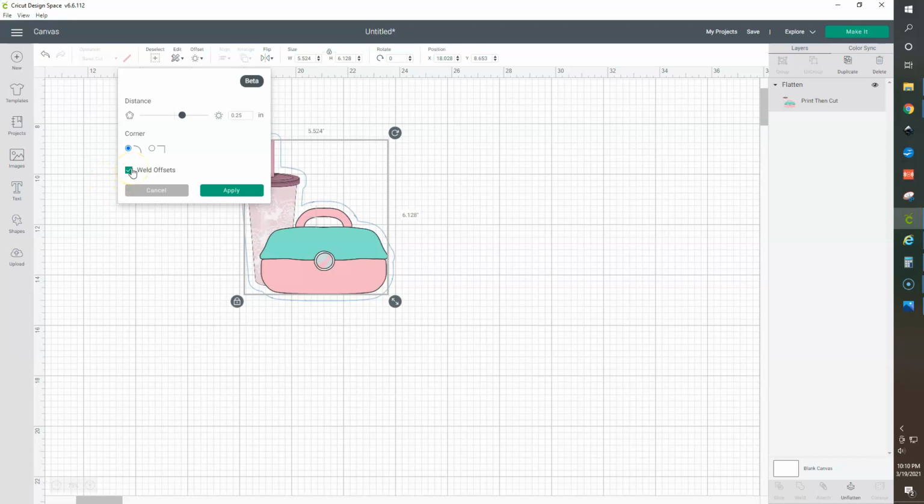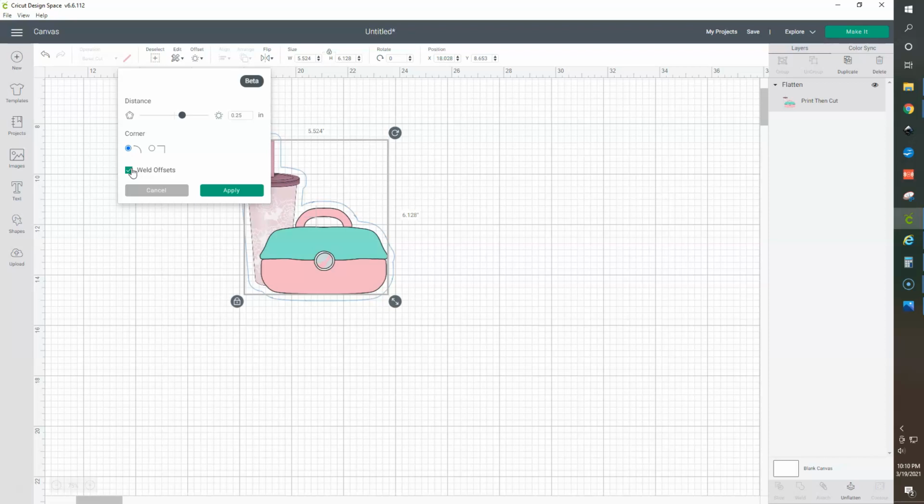Yes. So you wouldn't even need to make your little arrangement of elements together. Like, you wouldn't need Pixlr. I have a whole tutorial on how to use Pixlr to kind of make a die cut, and you would make it in there and then create the offset in there and then upload it to Cricut Design Space. But in this case, if you purchased some clip art off of Etsy and wanted to make your own little scene die cut, your own little collection of things together die cut, then you could